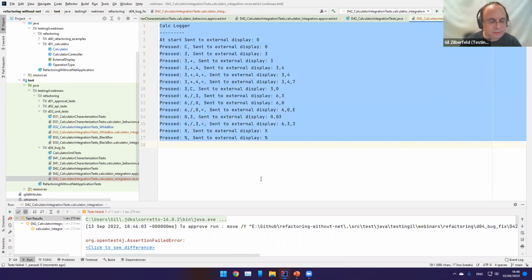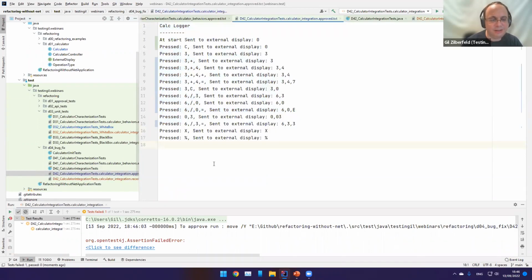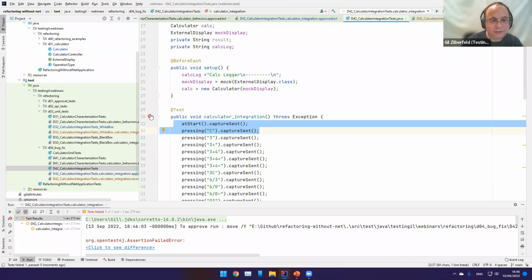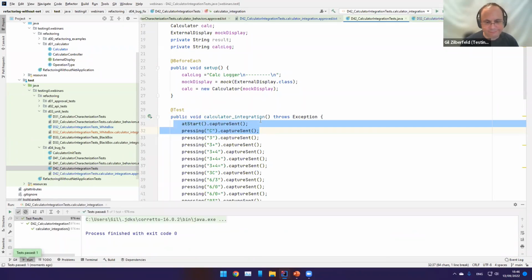So I'm going to copy that into my approved file, basically replace the entire thing. And now I can continue to refactor because this now passes. And that's the process. Okay, going to get back to my slides and